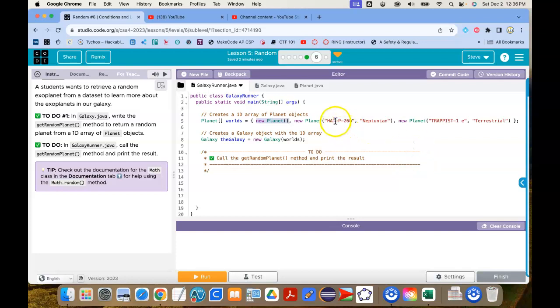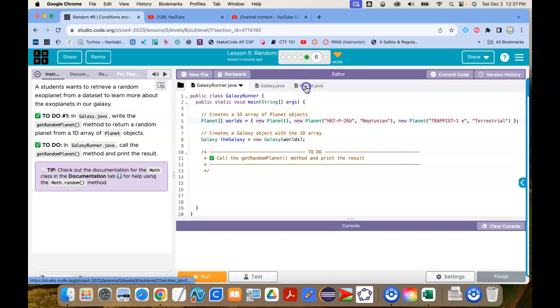But everything else seems to have a name and a type of planet, I guess. And then we create a galaxy object called the galaxy, which takes the world array, which right above takes that as an input, if you will. And we need to call the getRandomPlanet method and print the results. So let's take a gander at the planets first,